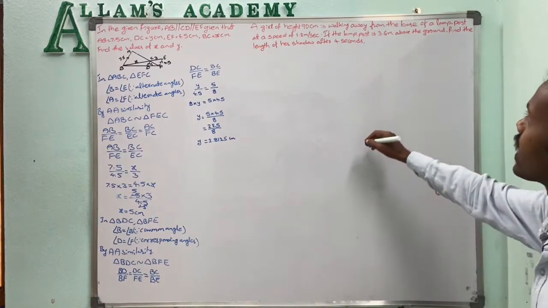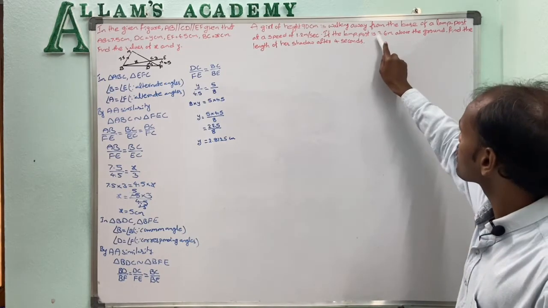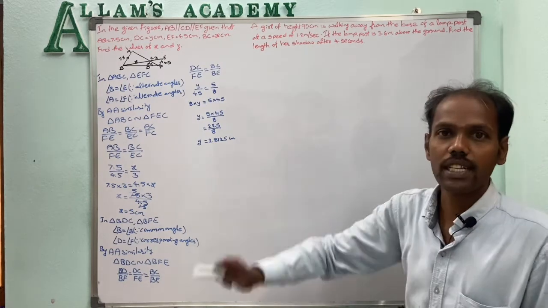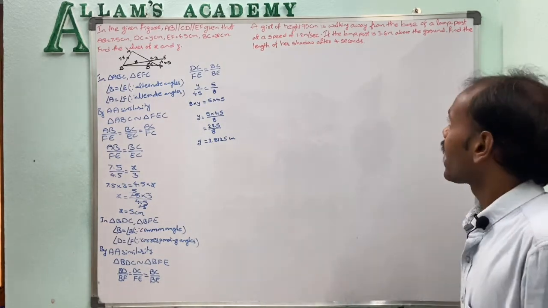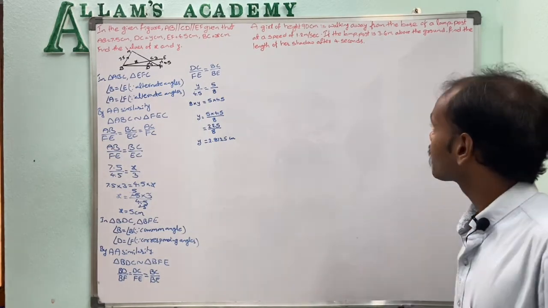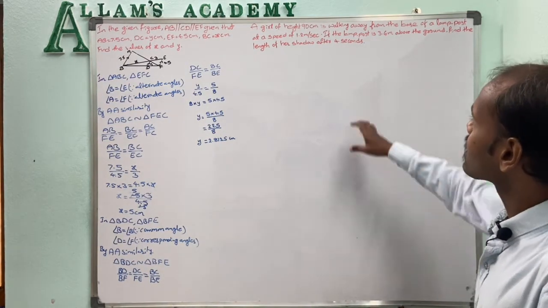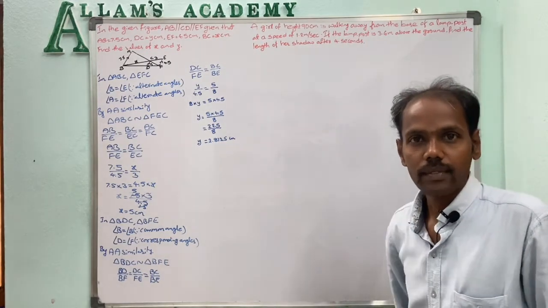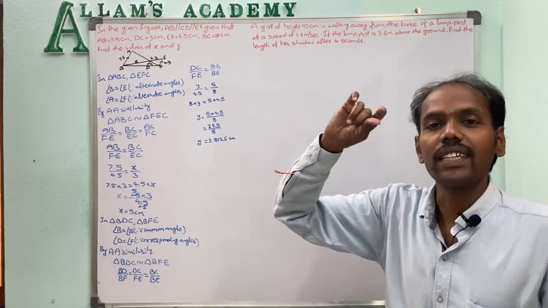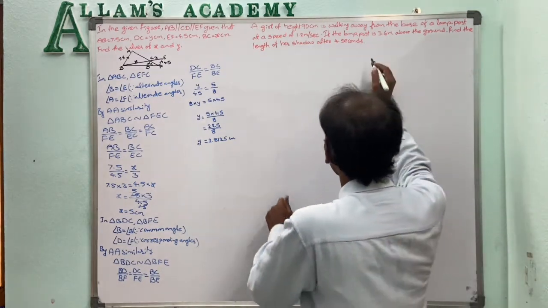The girl's height is 90 centimeters, the height of the lamp post is 3.6 meters, and the speed of the girl is 1.2 meters per second. She walks away for 4 seconds, and we have to find the length of her shadow. If we draw this diagram as a similar triangles model, we take the girl's height as a point only, so we can calculate easily.